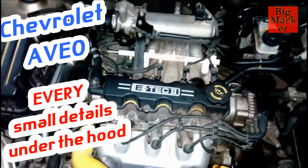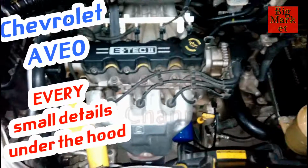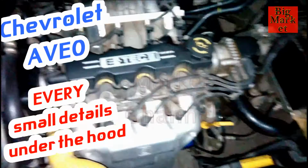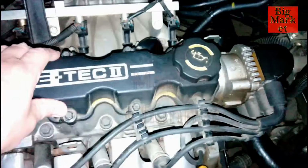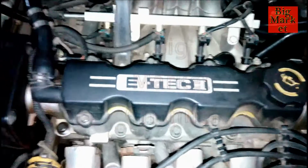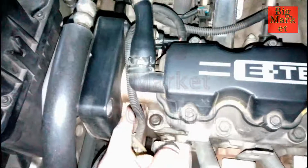Today we will talk about everything under the hood of the Chevrolet Aveo, and we will talk about what's inside the engine bay, everything, every small detail. Let's start our episode. As we see, this is the oil filling place, that's the first thing, and the camshaft cover. This is the camshaft cover, it's just one cam for the Chevrolet Aveo, and then the sensor of the camshaft under this place,